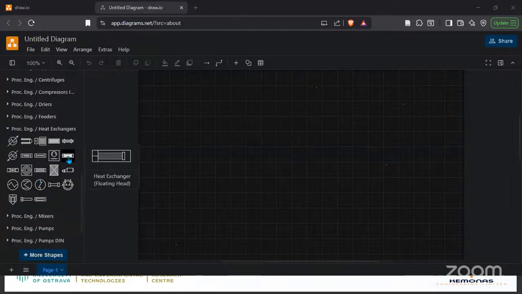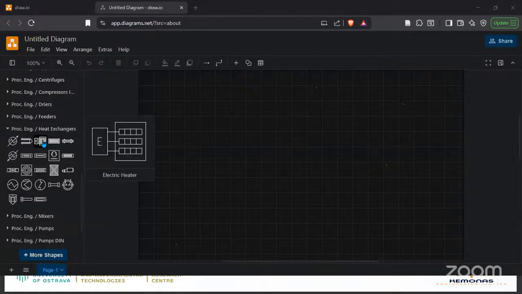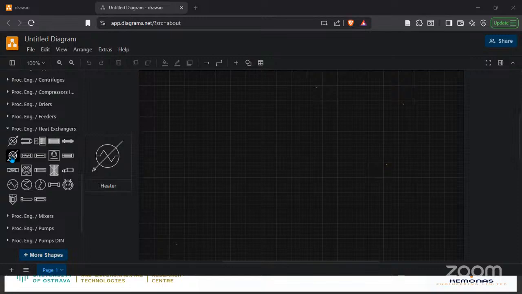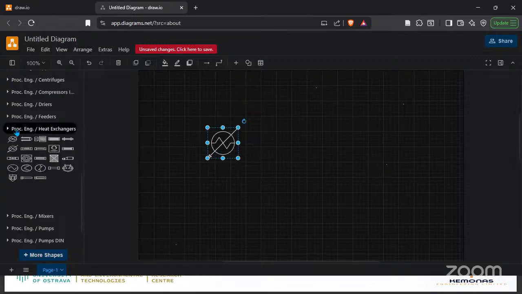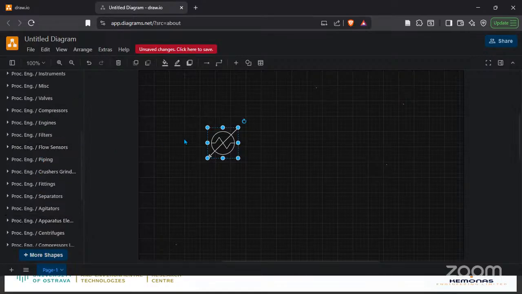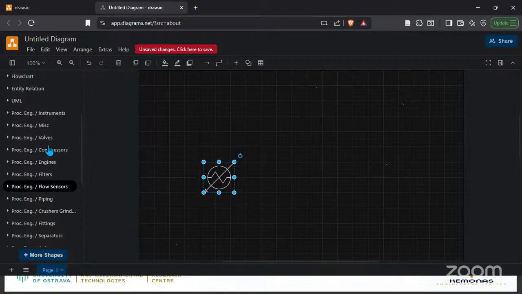And okay, we have electric heater. So electric heater here will be very expensive to use. So this is a heater. We can use heater in place of a boiler. So we can drag and drop it, and that will be our heater, which is our boiler. Okay, so we need to have a label for this, and the label would be,